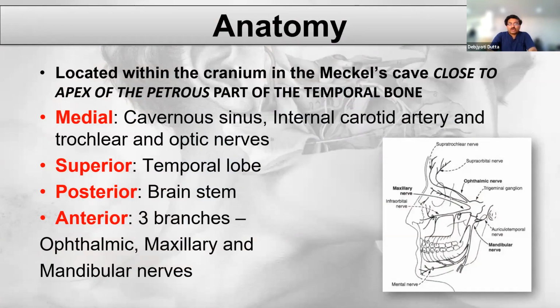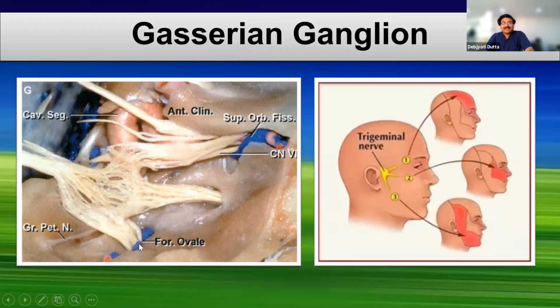Actually, in the basic course, we are not going to describe this procedure. This is a comparatively advanced procedure that should be attempted only after you have practiced 3 to 5 years, because the location is such that if you go slightly in, this is the ganglion, and this is the foramen ovale, this is the foramen rotundum, this is the superior orbital fissure. In case you miss the ganglion, you will directly hit the midbrain or the pons. So this is a very advanced procedure and should not be tried at the initial stage, but you can do the medical management.